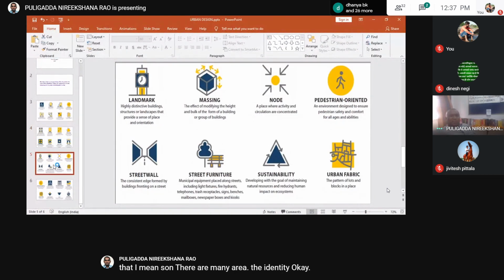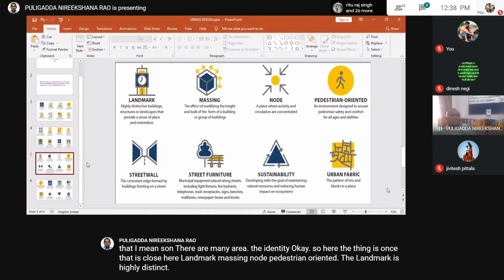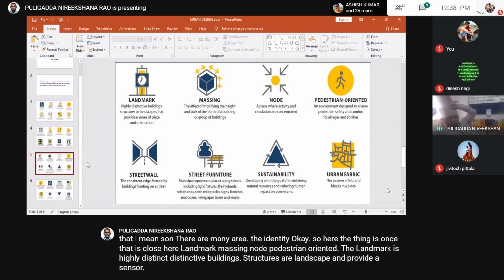Okay. So here the time is 1:37. Quickly, I'll close here. Landmark, massing, node, pedestrian oriented. The landmark is a highly distinctive building, structure, or landscape that provides a sense of place and orientation. Landmark, right? If you see any city, Harinagar, Gantagar. Why that